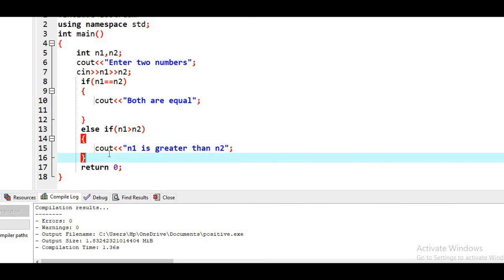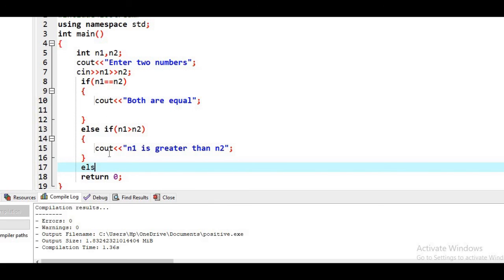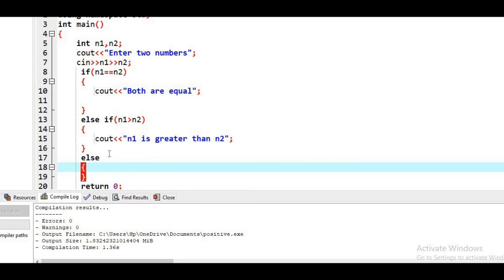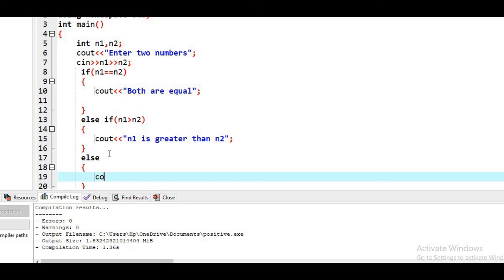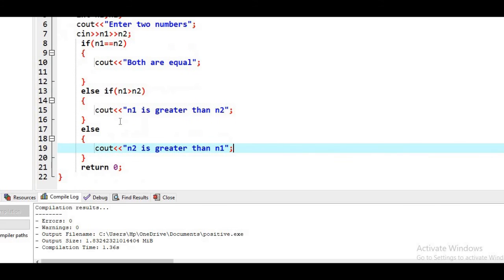Okay, and only one condition is remaining, so we will just write else, if both previous conditions are false, then only one condition is remaining, that is n2 is greater than n1. Okay, so in this way we can use else if statement.